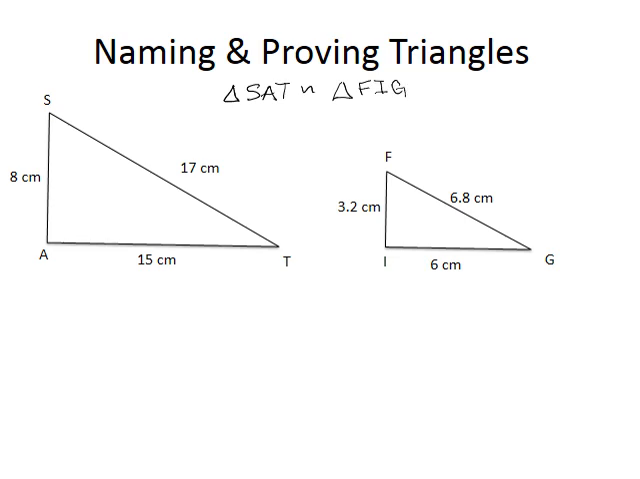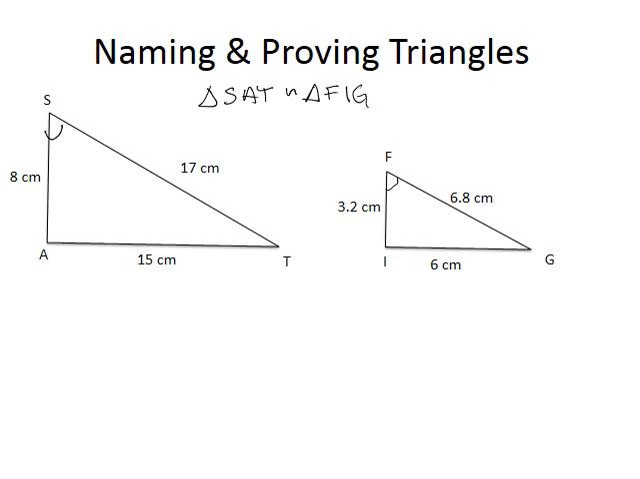The way I've named these is very important. I wrote S first in both triangles, and that's because S and F are corresponding vertices. They are matching angles, so the angle value of F and S is the same. So that's why we have to write triangle SAT is similar to triangle